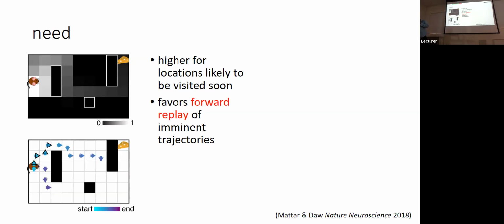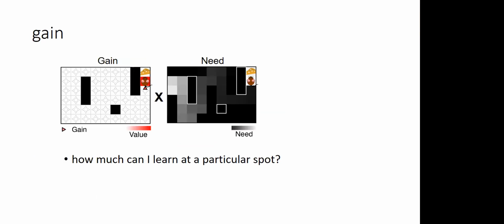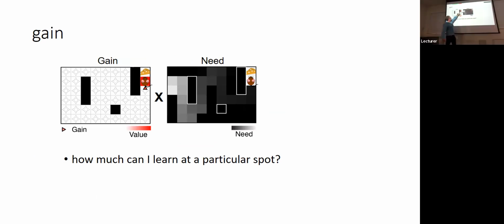Gain has the opposite property. So let's say I'm new to this maze, I've never been anywhere, and all of a sudden I find cheese here. Now by the temporal difference learning chaining property we just talked about, I have exactly one place that I know that has high value. It's this place because value changed from here to here on step 0. That means I have gain in exactly one place, which is right behind me, because if I replay from here